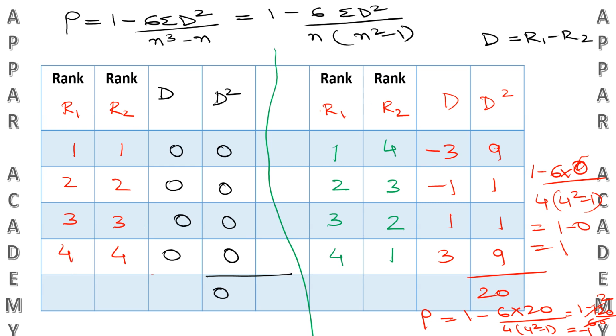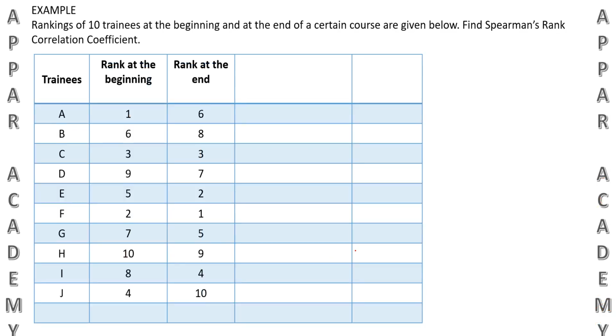And in case it's totally inverse, let's suppose we have first rank for individual A and for another characteristic we have the lowest rank. In such cases, if R1 is 1 and R2 is 4, if R1 is 2, R2 is 3, in such a case our correlation coefficient is minus 1. Right? Okay. So next let's move on to the example of how to find a correlation coefficient for a given